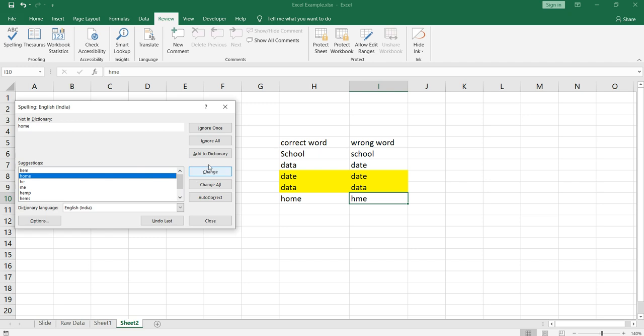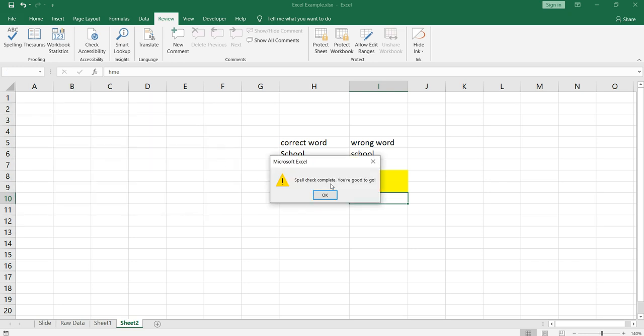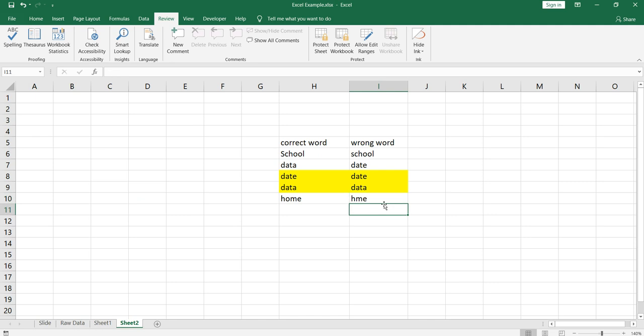Now if you want to add, I'll go to the last option, add to dictionary. Now I want to add this HME to the dictionary, right? So I'll click on add to dictionary. Spell check is complete, you are good to go. So now Excel thinks that HME is a proper word, although in our example it should be home.